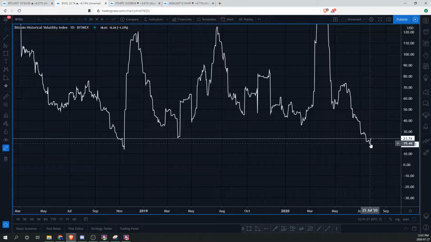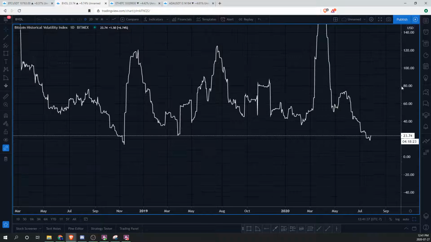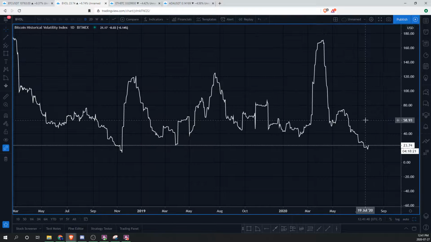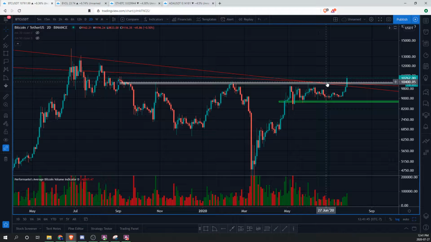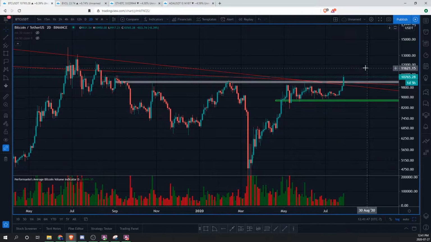So it could be here. The big bull run that everyone is talking about definitely could be here. We see a decrease in volatility. That's great to see, right? You see a contraction in price action. You see an initial push to the upside. If you see the 10.4, 10.5 hold, let's go back to the price action. If you see 10.5-ish hold, and then we see a nice little retest and a continuation,